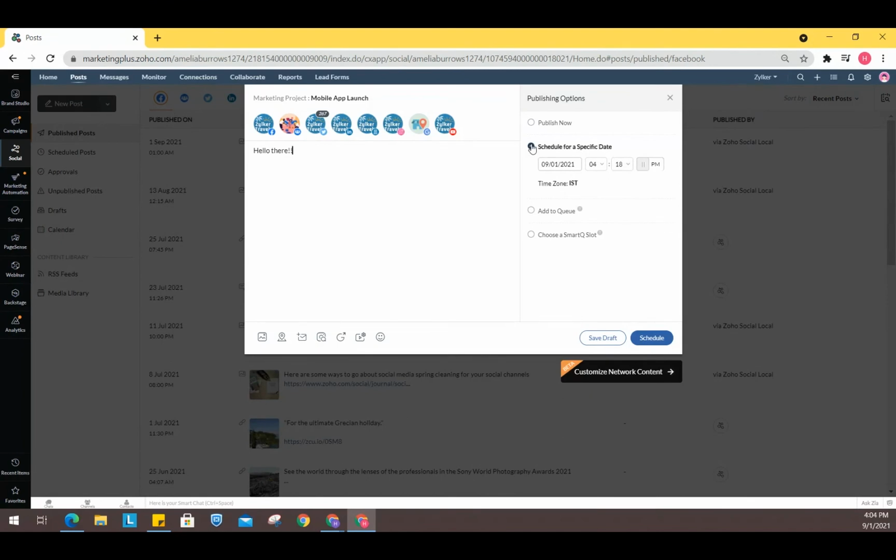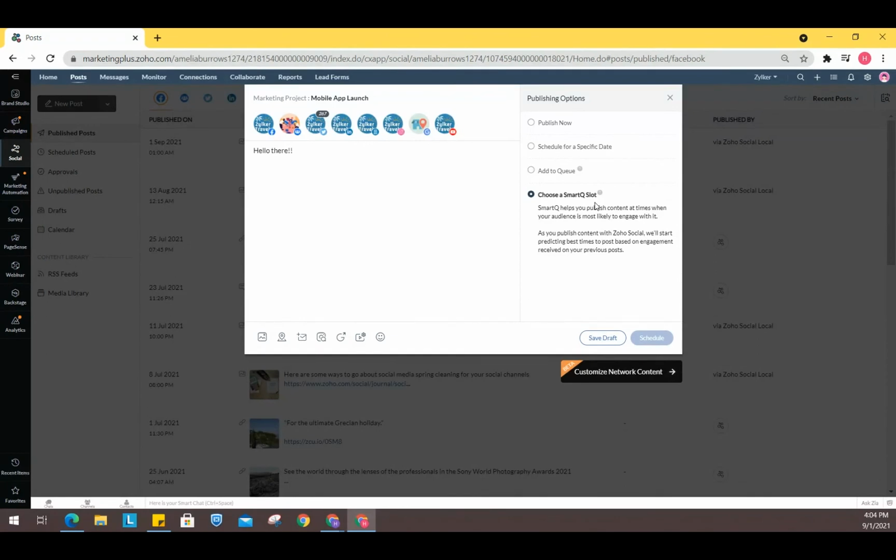You can see that here. You can add to the queue, and this would avoid overlap. Various slots can also be created for a specific day, and the post will be added to the queue. We also have smart queue slots that would suggest the best time when the engagement is high, or when the audience ratio is really high.